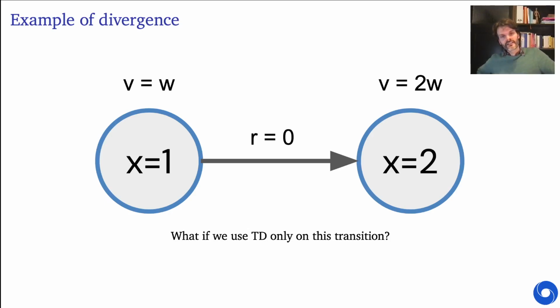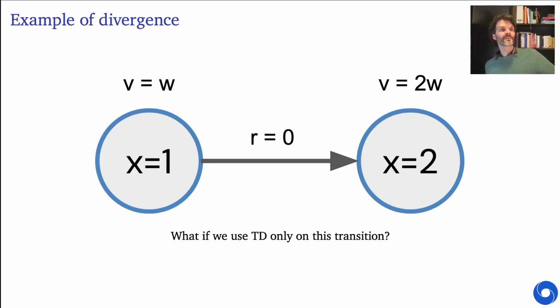And our feature vector has exactly one element. This feature vector has an element equal to 1 in the first state, and this same element is equal to 2 in the second state. What this means, as depicted above the states, is that our value estimate in the first state is just w, because